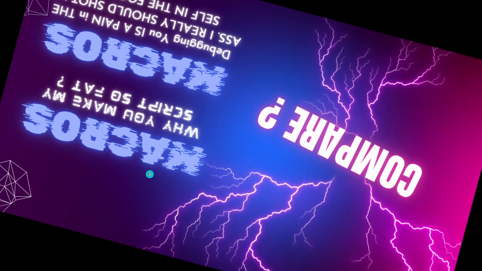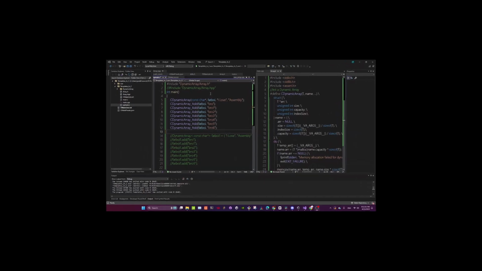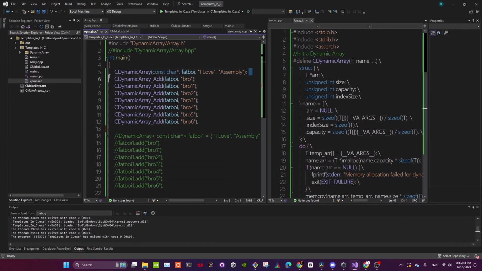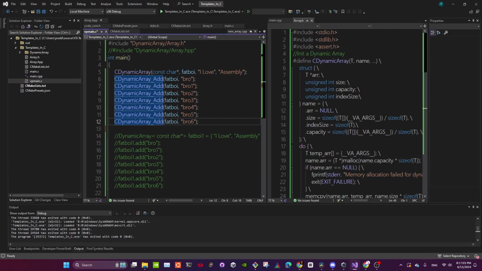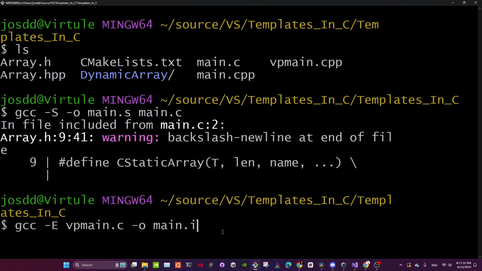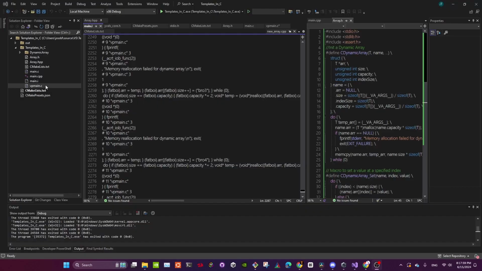Let's compare C templates with C++ templates. I have a C version of my dynamic array created, and this C version of our dynamic array is going to hold const char pointers, and these are the initial values, and these are the values that we are adding to our dynamic array. Now I want to show you why the C version is not as efficient compared to our C++ version. And that is because during preprocessor time,